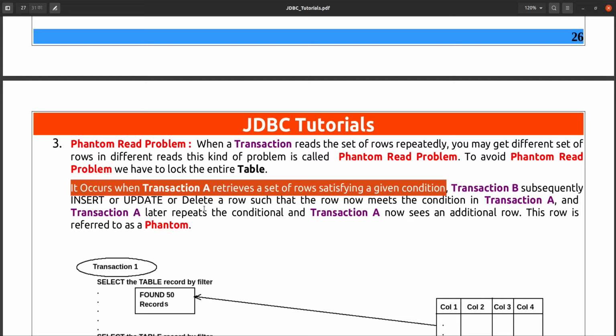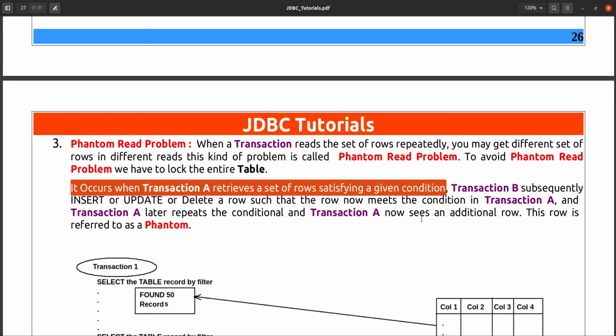Then transaction B subsequently inserts, updates or deletes a row such that the new row meets the condition in transaction A, and when transaction A repeats the query, it now sees additional rows. These rows are referred to as phantoms. For example, first time you get 5 records, but next time you get 8 records; those 3 extra records are called phantom rows.